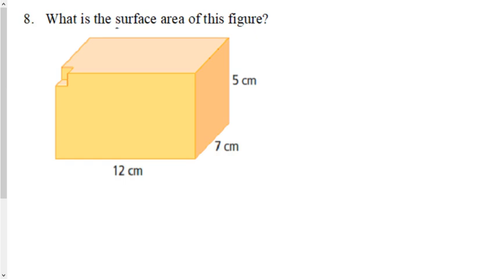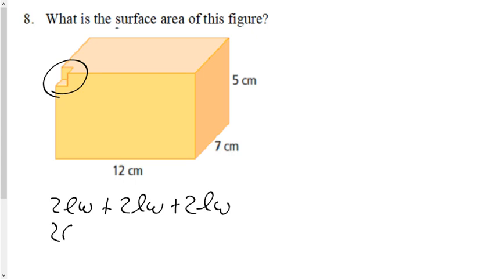Question 8 was supposed to be the easiest question on the test, but some of you went and made it all complicated. If this notch is missing, what we talked about was, does it affect the volume of the rectangular prism? Yes, it's smaller volume. Does it affect the surface area? No. So we can treat it like it was if it was just itself. So therefore, 2 tops and bottoms, 2 left and right, 2 front and back, or 2 12x7s and 2 5x7s